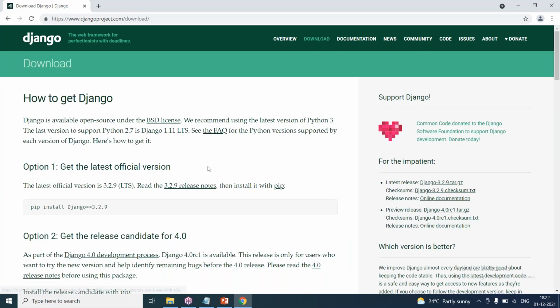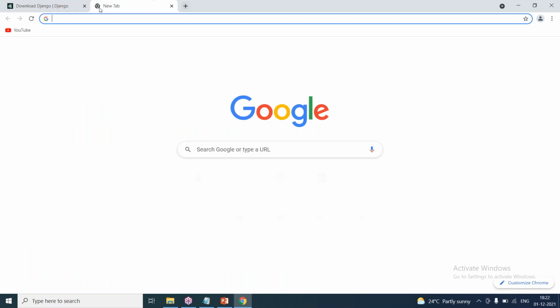It will show the latest version here. The latest version is 3.2.9. 3.2.9 is the latest version here. And without Python,